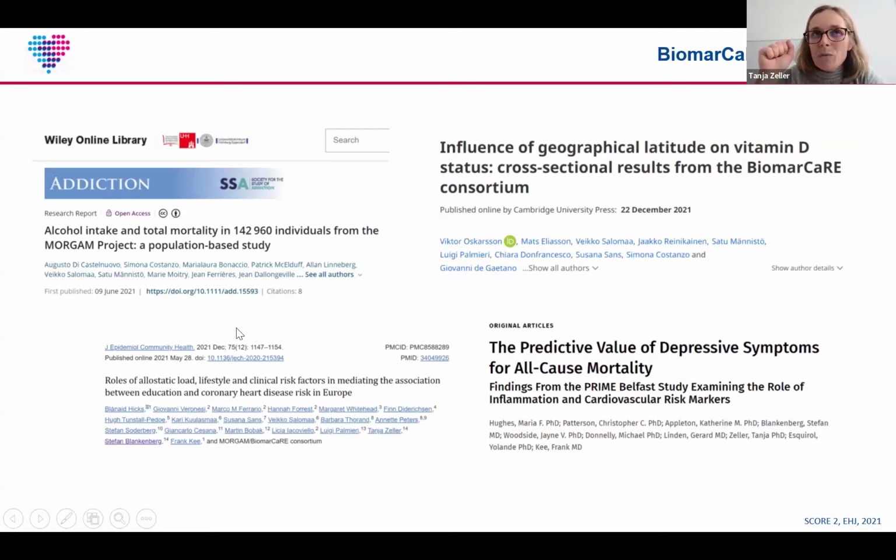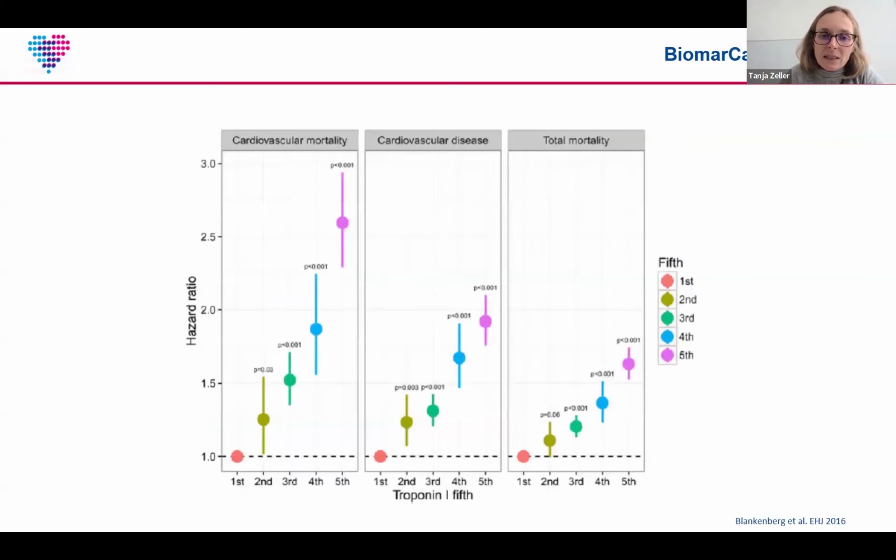And just some successes, let's say. Not only focused on cardiovascular disease and the risk assessment, but also how, for instance, alcohol intake and total mortality are associated, or the roles of lifestyle and clinical risk factors. So there is a huge opportunity to perform all different kinds of analysis. And one very important part within our group here in Hamburg is that we have a focus on biomarkers for